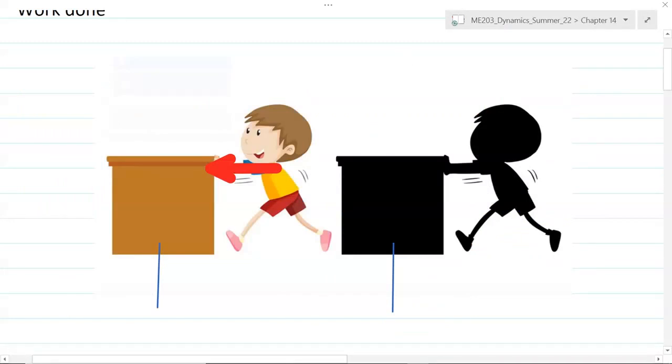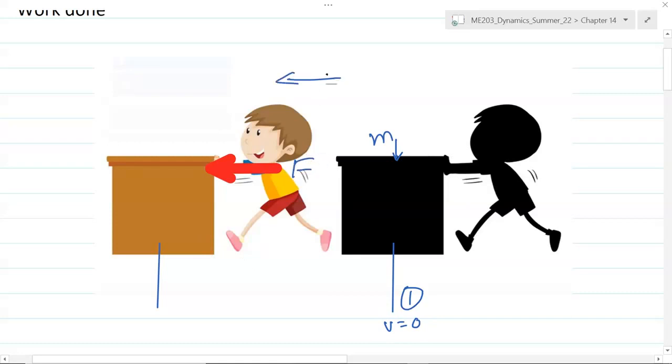In this example, you can see that a table or the desk is in this position. Let's call this position number 1. It is not moving. That means the velocity of the table is 0. It has some mass m, but its speed is 0. Now the boy applies some force F